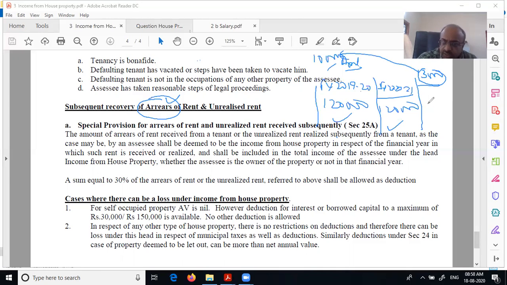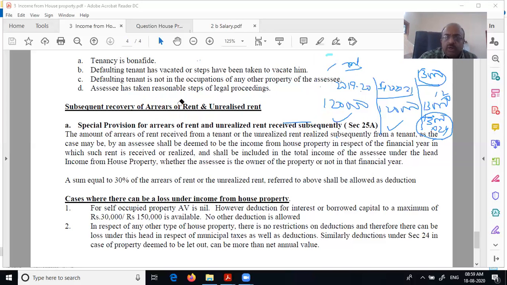Therefore, when you do this year, it will be 13,000 into 12 plus how much you should have got for those 2 years. 3,000 into 24. That 3,000 into 24 is called arrears of rent. This third year, you will get increased rent, 13,000 into 12. But 3,000 for these 2 years extra you have to get, that is called arrears. You don't go back and do it. That we'll see how to do the problem, but I'm just trying to explain arrears of rent.